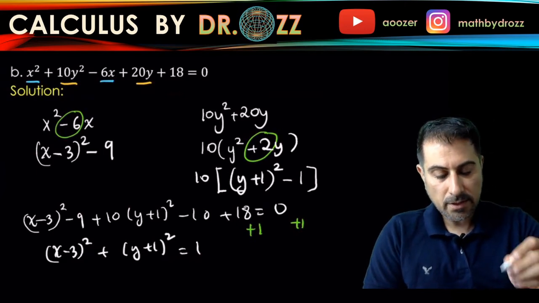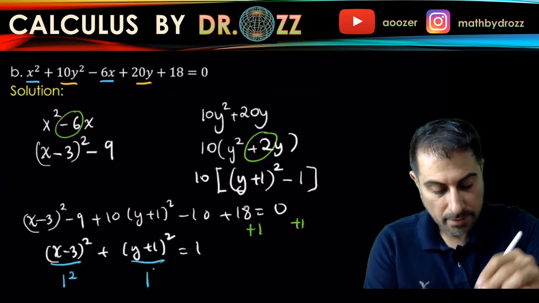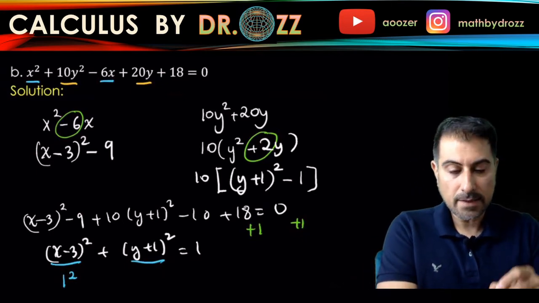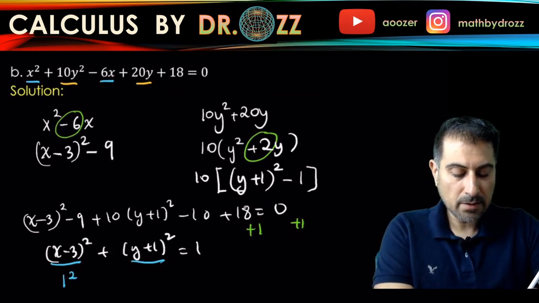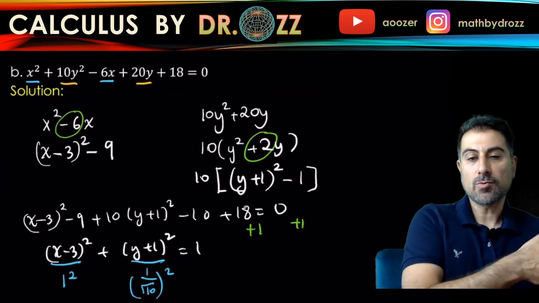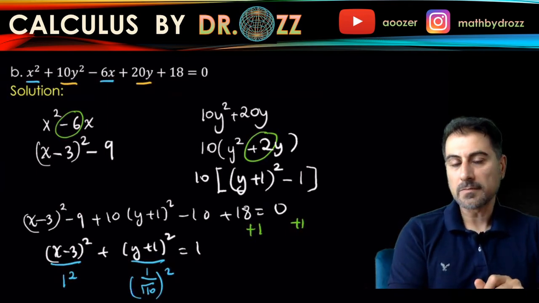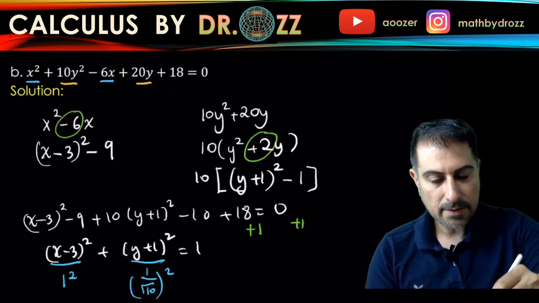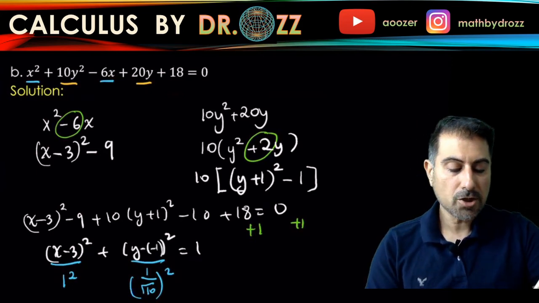And since there's no denominator here, I'm going to put a hypothetical 1 here, and maybe a hypothetical 1 here too. Oh, sorry, I don't have the hypothetical 1 because we have 10 here. So instead of that 10, I'm going to write it as 1 over 10, in fact 1 over radical 10 squared. Because we want to make it look like x minus h squared divided by a squared plus y minus k squared divided by b squared, right? The 10 in front of y plus 1 quantity squared doesn't fit the standard form, so we had to write it in this way. Also, I'm going to rewrite this as y minus negative 1,